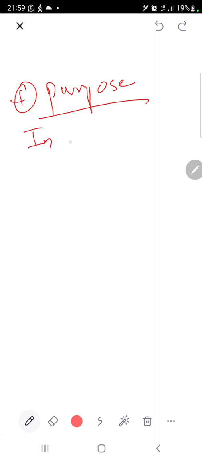Followed by the clause of purpose. In a purpose clause, we combine two things as consequences of each other. Right? For example, in order to lose his weight,